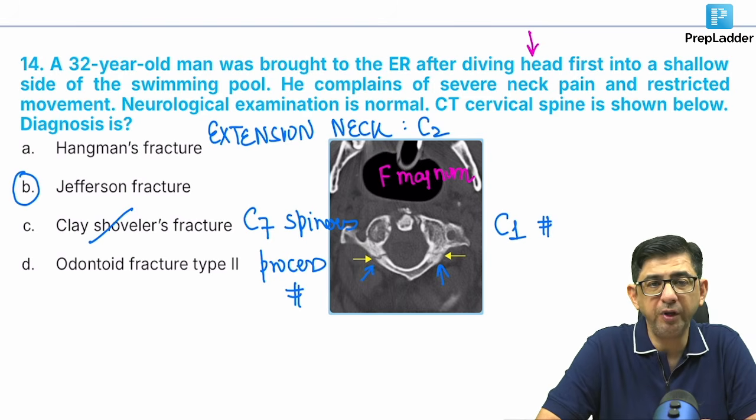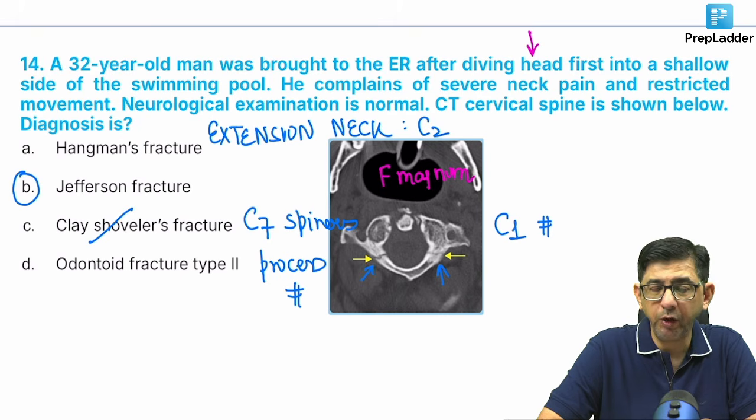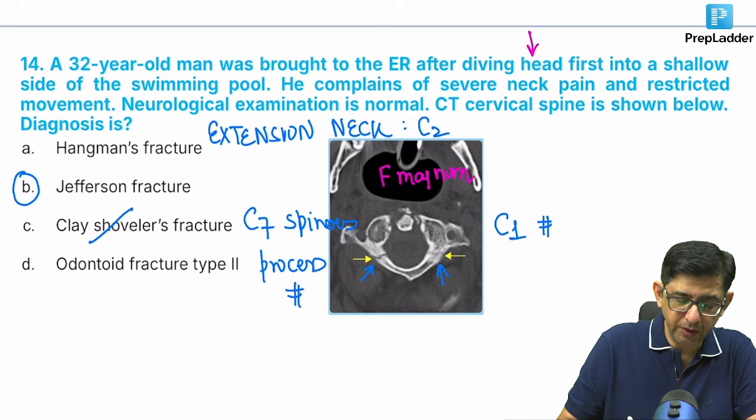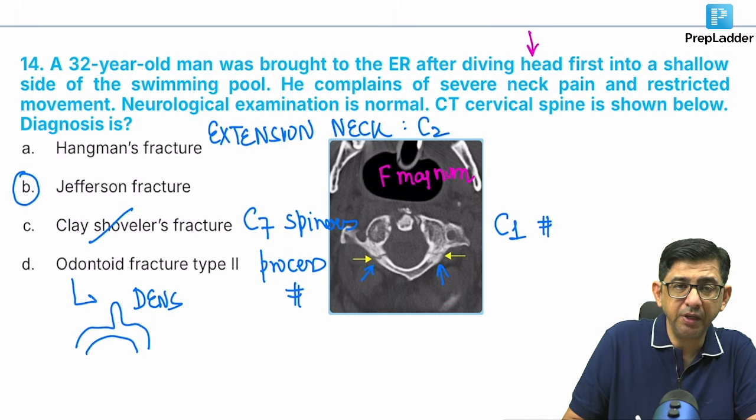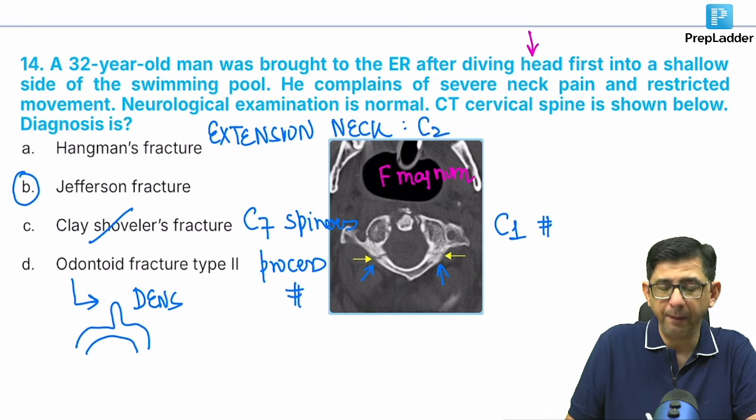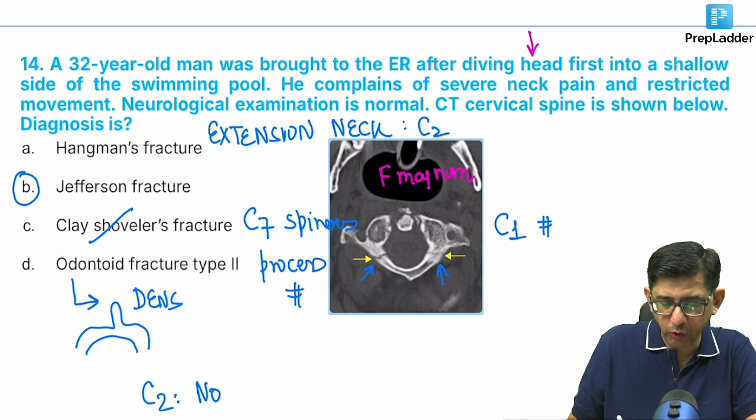Odontoid fracture will be involving C2 vertebra. The C2 vertebra has a process on top. That process is what is called the dens, or it is also called the odontoid process. It helps you to say the no movement. Like when we say no no no, and yes yes yes is the other one. If you are saying no no no, then this movement occurs between C1 and C2. That movement that occurs at C2 is basically the no movement that we do.